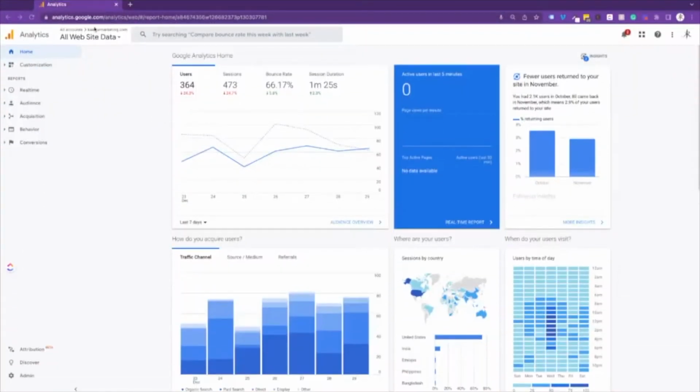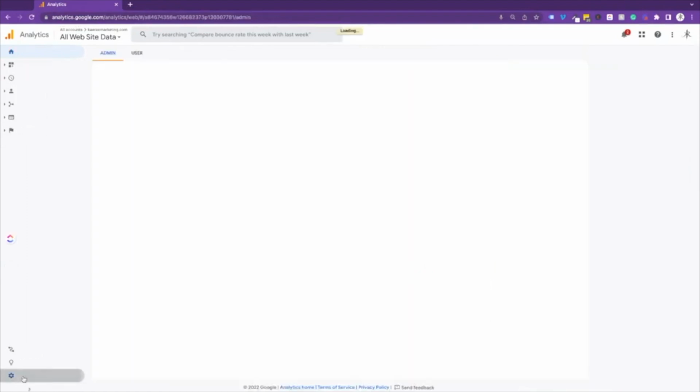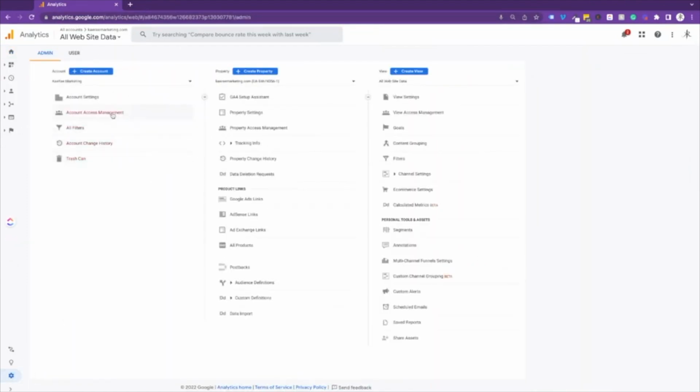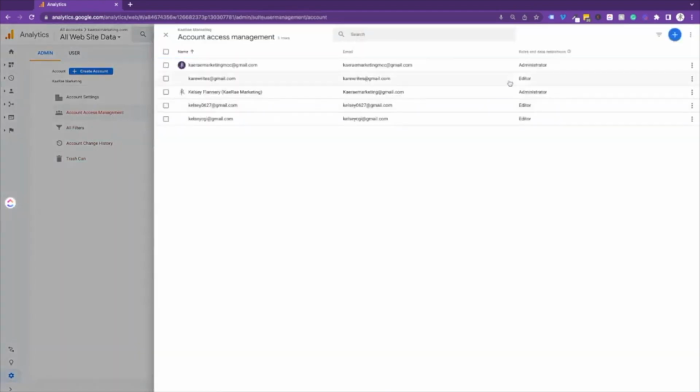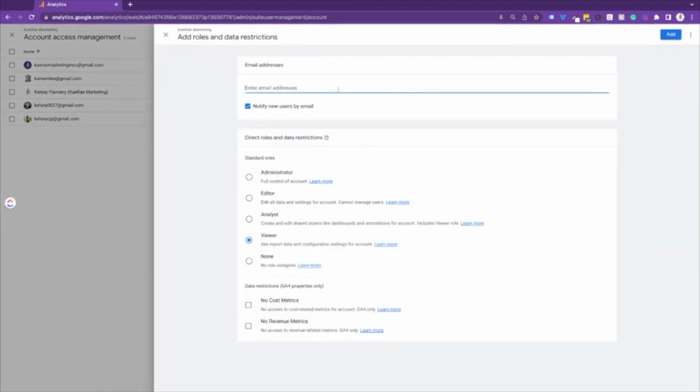Let me show you how to invite me to your Universal Analytics account. Get started by going to analytics.google.com, go to Admin in the bottom left, and under the first column, Account Access Management. Click the blue plus sign in the top right, add users, and then enter in the email